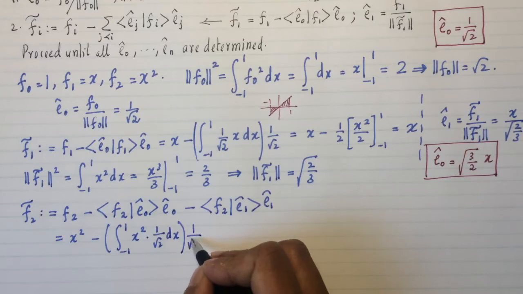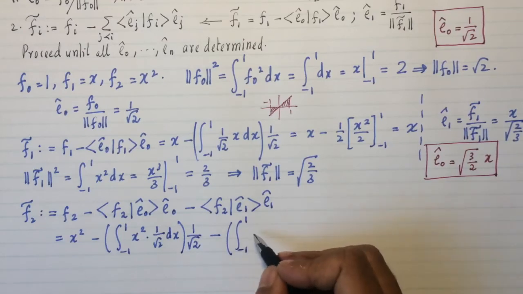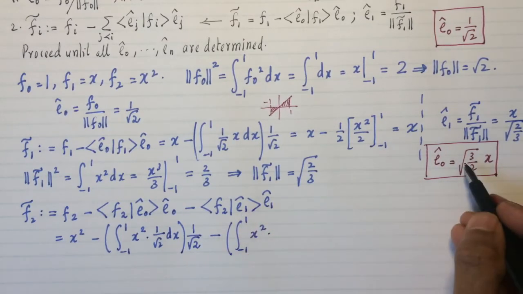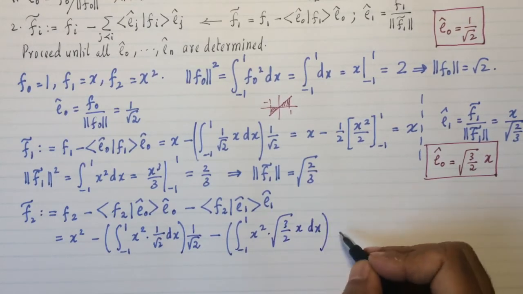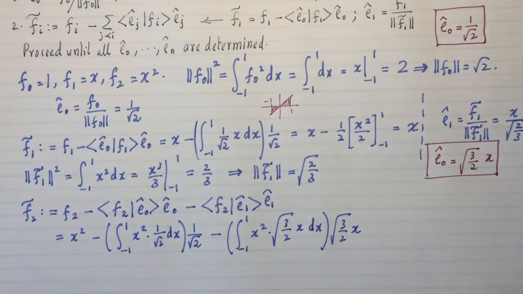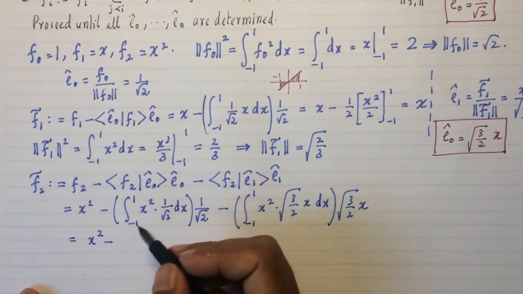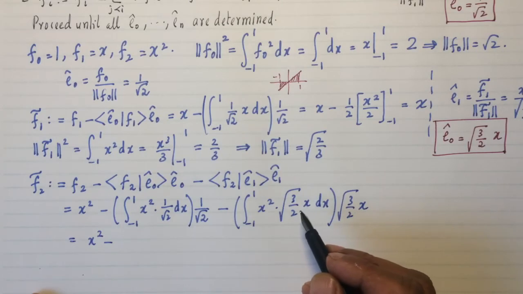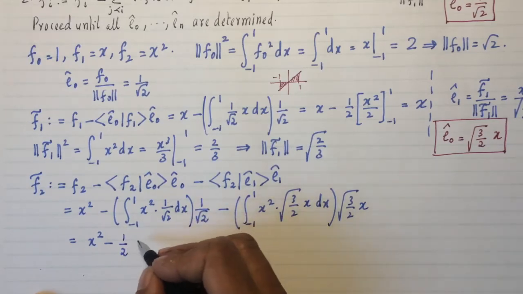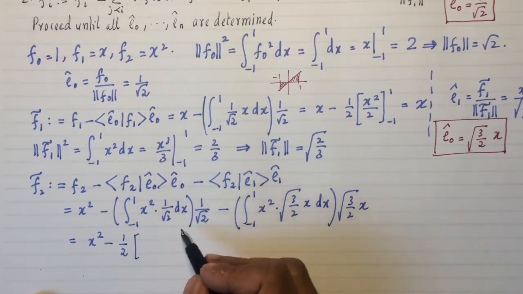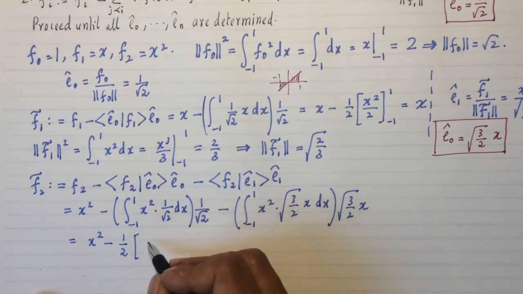E naught is again 1 over root 2, minus the next term: F2, which is x squared, times E1. Well, E1 is the square root of 3/2 x dx, and then square root of 3/2 x. So you can see this recursive procedure is really meant for the computer. And for higher number of variables, polynomials, you definitely have to write a computer program to do this. And that generates the so-called Legendre polynomials, by the way. So when you do this, the half and a half, 1 over root 2 and 1 over root 2, gives me half. That's x squared dx, which is x cubed over 3,